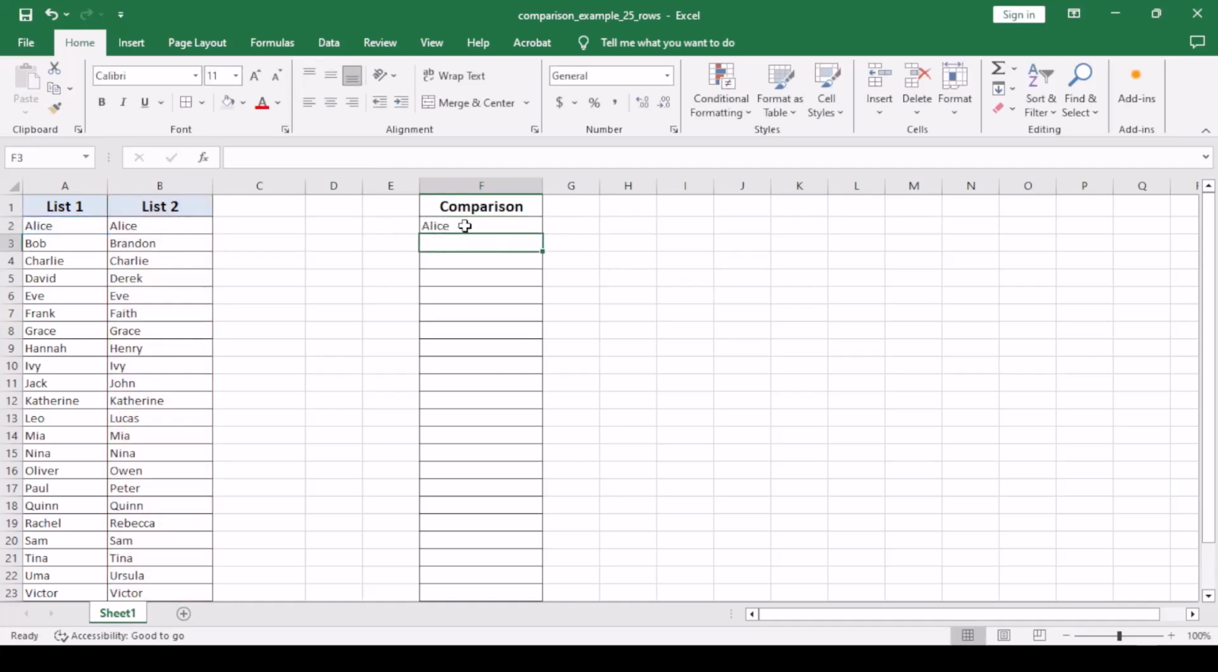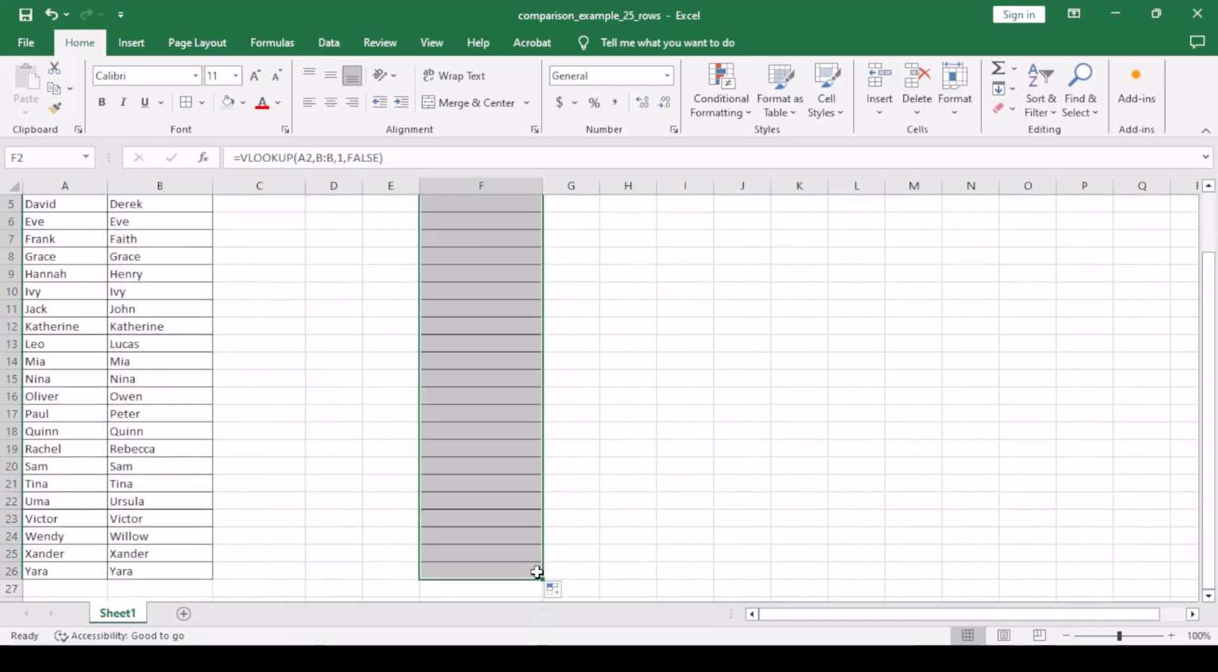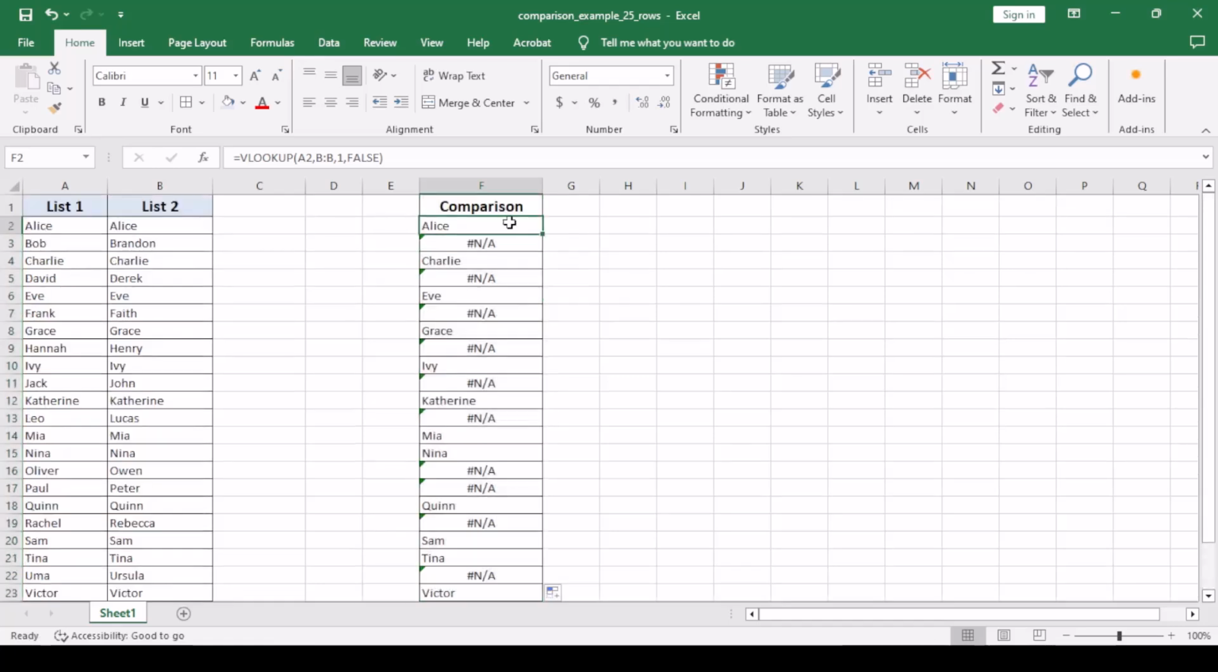So now here we can see in the comparison Alice, we found that Alice is here in the data we have. So if you drag down this formula, you will know how this works. Okay, now you can see wherever we have data which is copied from these two columns, it appears here. It means that this data is duplicated in both columns. Like here you can see Grace, it is here and also here,